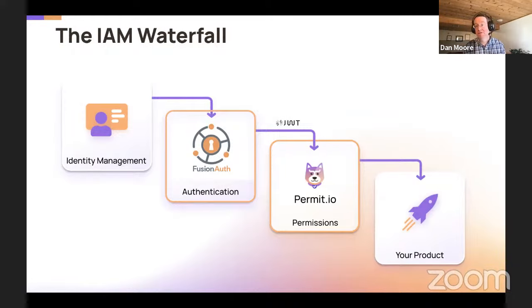And everything's API first, right? So we are entirely drivable. The entire FusionAuth application runs with a layer of separation. There's a front end that's a UI that calls our APIs, and then there's the API layer, and we expose 99% of those APIs. And so you can drive that via a number of different libraries. And if what we offer on our front end doesn't meet your needs, you can drop down to the APIs and write your own. And we have a lot of people who do that.